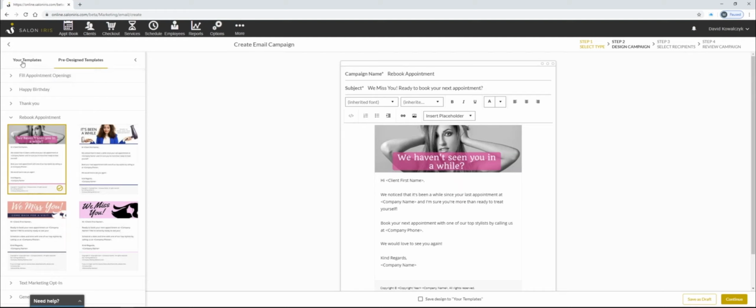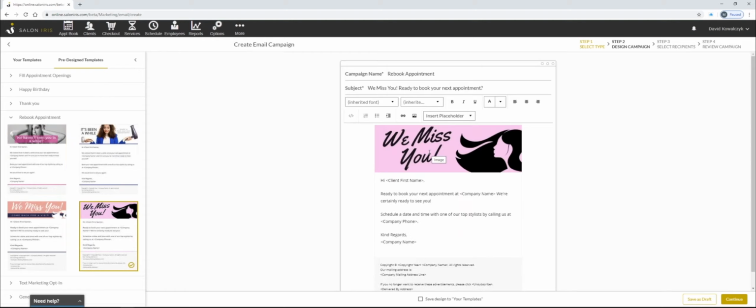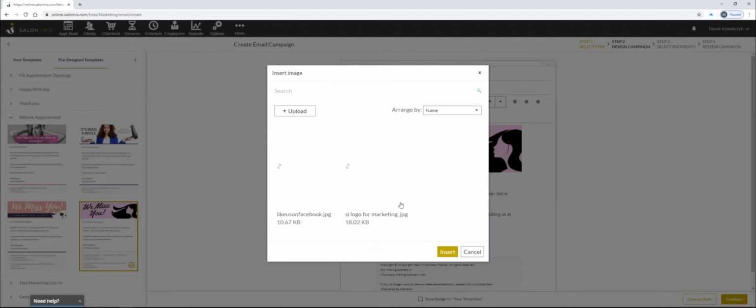So what we would do here is over on the left-hand side, we can select the kind of template that we want. If we're like, oh, this is great, or we have this, we miss you, for example. If you don't like the imagery or would like to make some alterations to the email before it goes out, you're more than welcome to. If you wanted to maybe put your company logo, you could click on the image here and you could click the insert image button here. And then from there, you could most certainly upload an image that you have of your business or of what you would like to put in its place instead. From there, I could simply click the image and click insert.